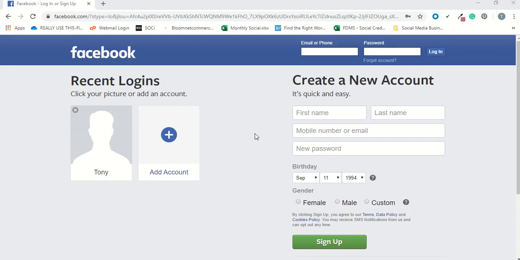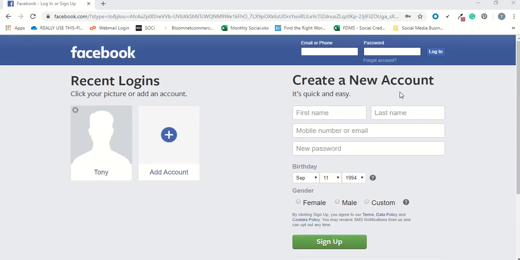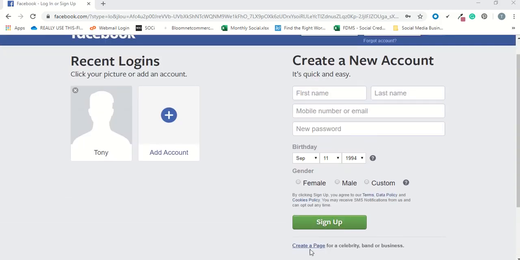All right, so let's just get right into it. First things first, you're going to want to go to facebook.com. If you do not have a Facebook account, this is what it's going to look like when you first get to the web page. In order to create a business page for your shop, you're going to have to first create a personal account. This is where you would create a business page if you already have a personal account, but if you don't,